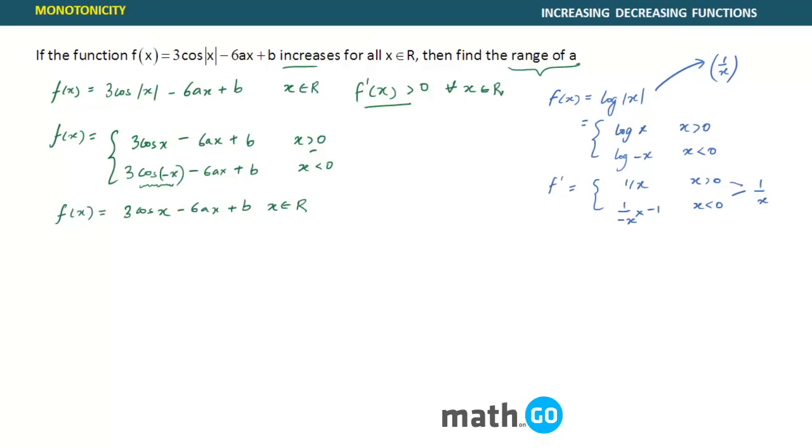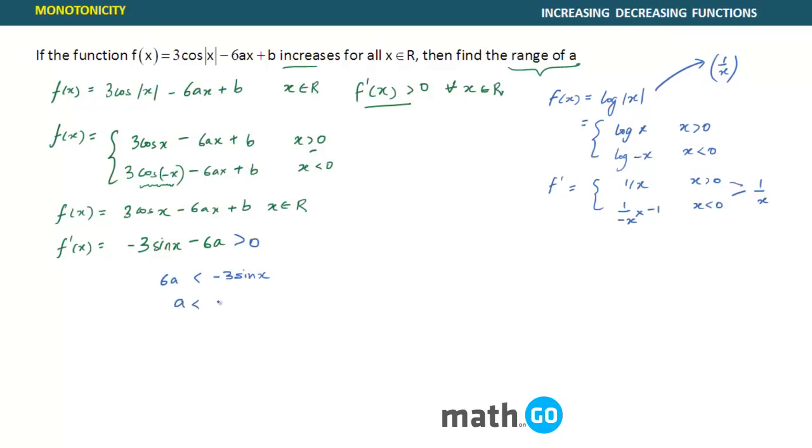Okay, so now coming back to our particular problem, we have got the function. Now we want to differentiate this. So what is f dash x? Yes, it will be minus 3 sin x and minus 6a, and since it is given to be increasing, so it increases, so it will be something like this. So what it will become, that 6a is less than minus